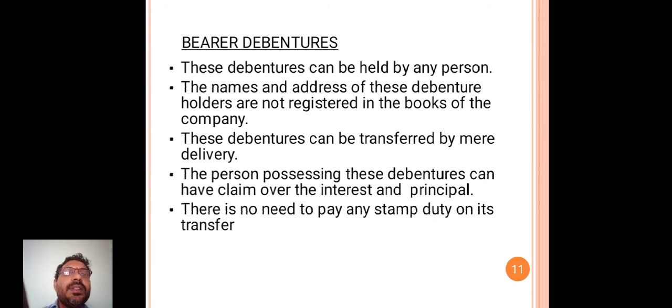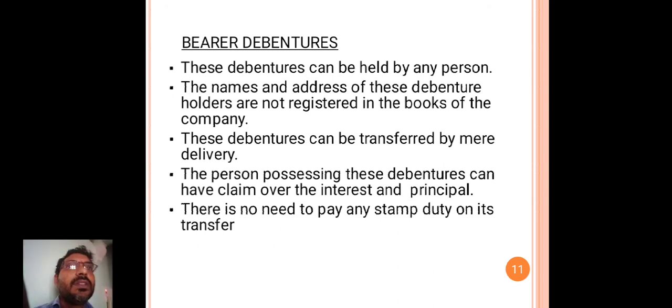These debentures can be transferred by mere delivery. The person possessing these debentures can have claim over the interest and principal. There is no need to pay any stamp duty on its transfer. Here, the difference between the registered debenture and the bearer debenture is